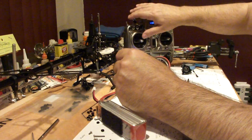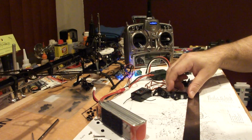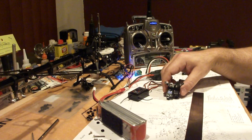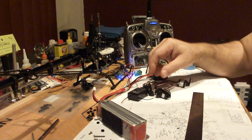And basically that's it. With everything here, I'm just going to throw these inside the helicopter. They've already been pre-set up because they were in there before. But instead of taking a whole bunch of pictures and showing you guys and typing it out, I figured I'd show you guys on a video. Again,